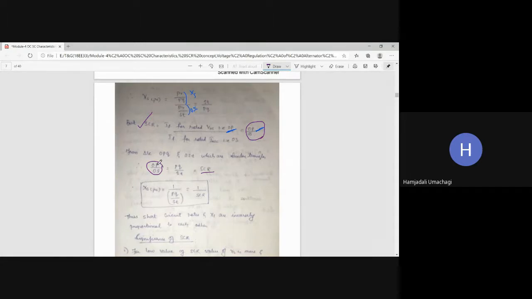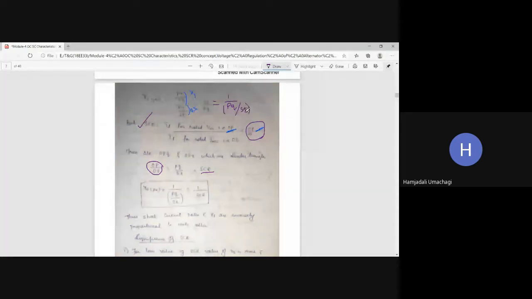So OP by OS is equal to PQ by ST, that is equal to SCR, because OP by OS is nothing but SCR. But we know that excess PU value is given by ST by PQ. This can be written as excess PU is also equal to 1 upon PQ by ST. In other words also I can write it, yes or no? This excess PU is equal to ST by PQ. This also can be written as PQ divided by ST. Can I write in this way?